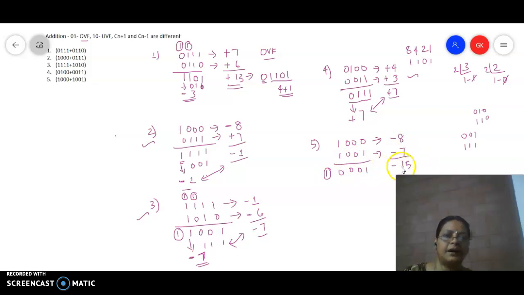So now how will you interpret the answer here? The answer you have got is 0, which means it's a positive number, and then 001, so it is going to be plus 1. So you have to get minus 15, but you have got plus 1. The answers are different. Okay. So why do we have a different answer? The answer expected is minus 15. What is the binary equivalent of minus 15? Plus 15 is going to be all ones, and then 0. Now you have to take the 2's complement of this number to get minus 15. So it will be 10001. So this is the answer expected for minus 15, but you have got this.